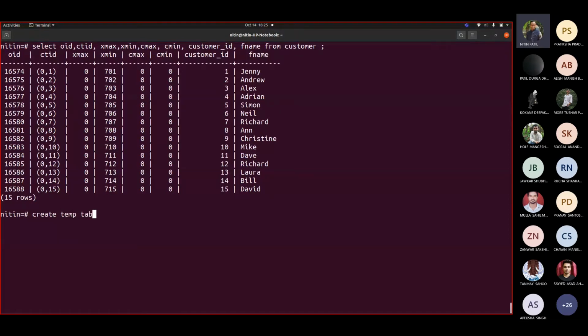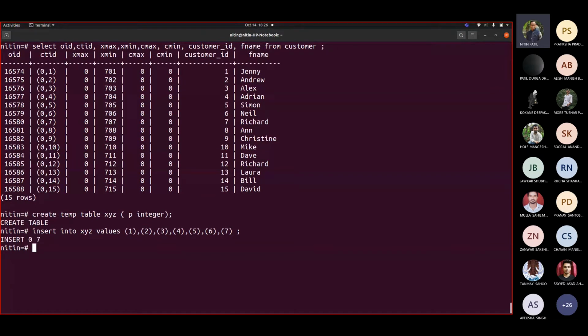Create temp table XYZ (p integer). Now insert into XYZ values 1, 2, 3, 4, 5, 6, 7. Suppose I inserted these 7 values.